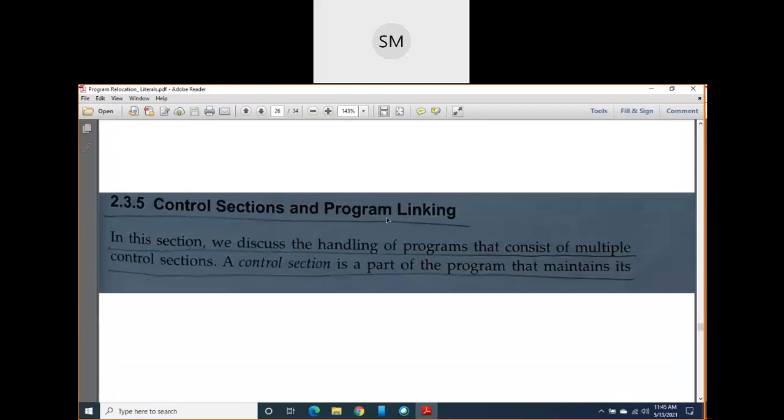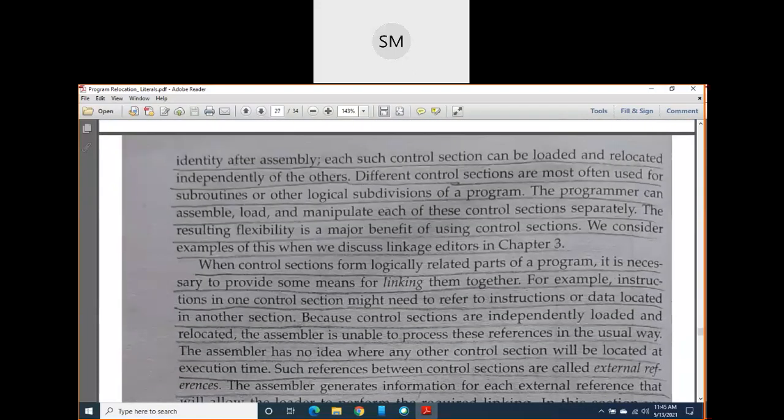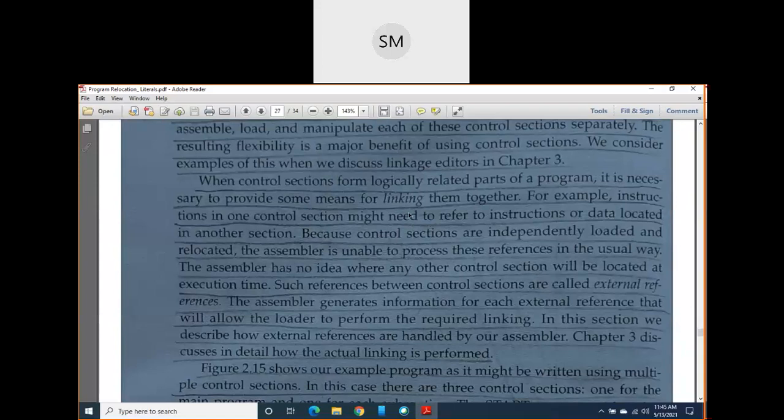These control sections we have to link together, because just now I told you they are running as independent blocks or sections. Later we have to link them, we have to join them. That concept we will see here.